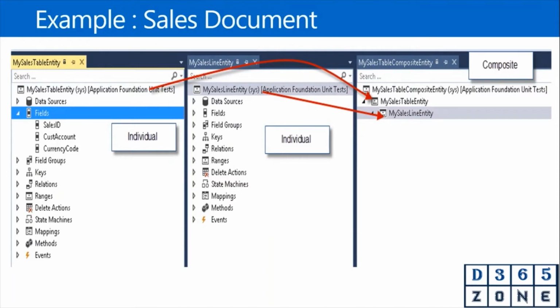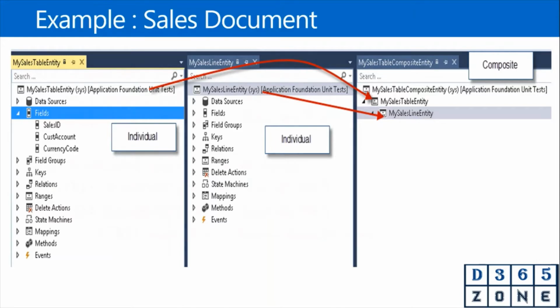For a header and line, we are going to create two individual entities. If you want to import the header separately, you can import it. If you want to import only the lines, you can still import them. There is no problem. But in some cases, both sets of data come clubbed together. In that case, we are going to create a new entity called a composite entity. This composite entity will be just a structure. It will not be holding any data. It will not even have any staging tables. It will have just a structure which links between the tables.